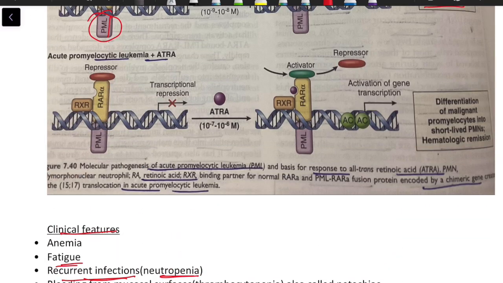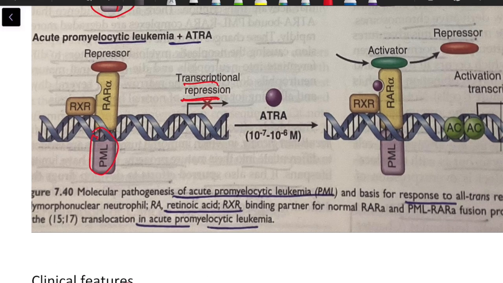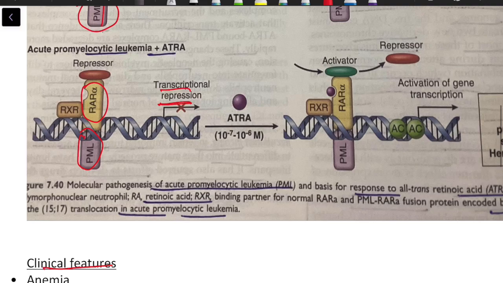For this myeloperoxidase enzyme, we specially use stains for MPO, and that confirms that our cell is from the myeloid lineage. Now, if I talk about the treatment, then as you can see, generally there is transcriptional